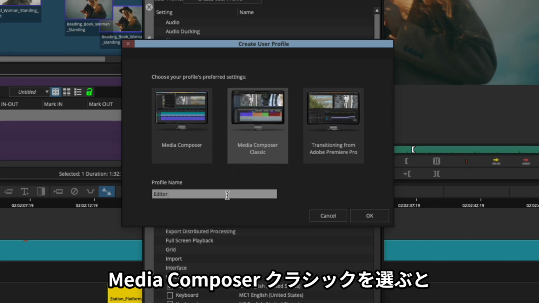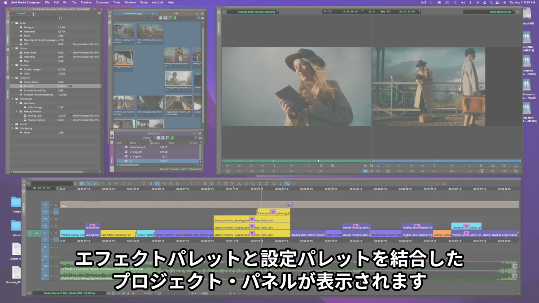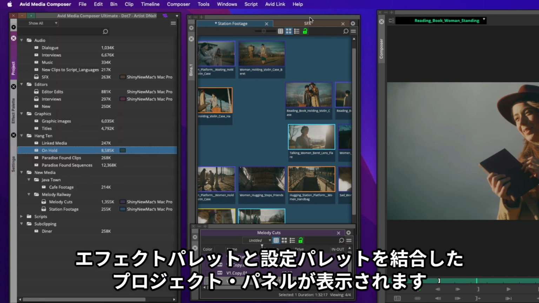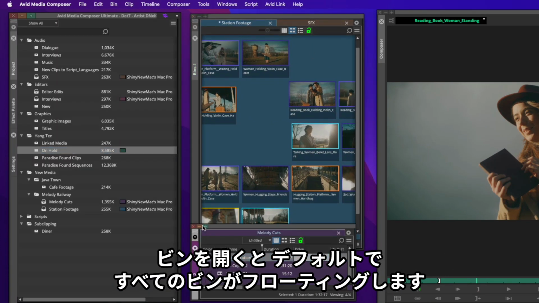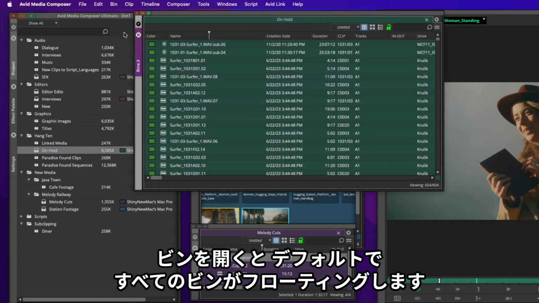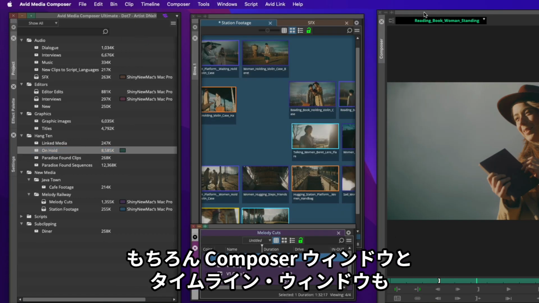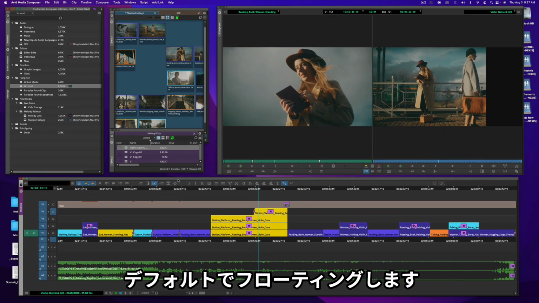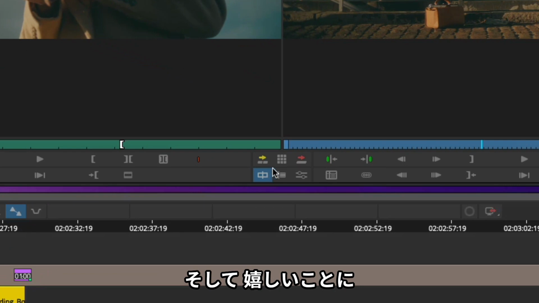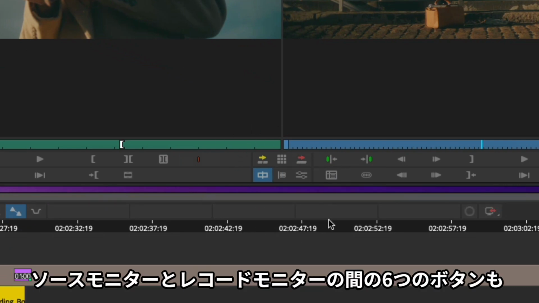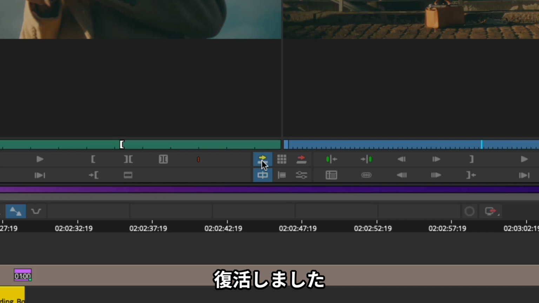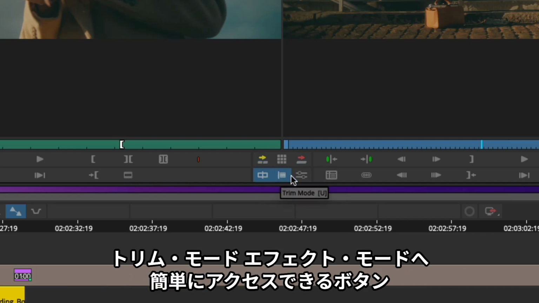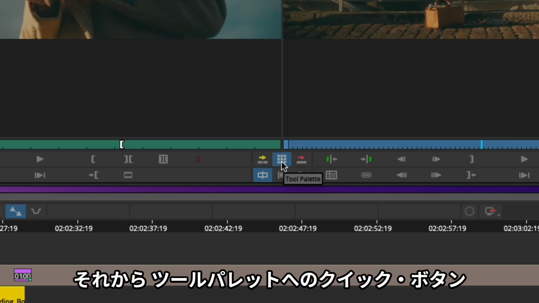When you choose Media Composer Classic as your preferred setting, you will get a project panel which builds in your effect palette and your settings. All of your bins will actually float by default when you open them. And of course, your Composer window and your timeline window are floating by default as well. And I'm happy to tell you that the 6 buttons between your source and record monitor are also back. So easy access to splice in, overwrite, your source record mode, trim mode, and effect mode, and your quick button